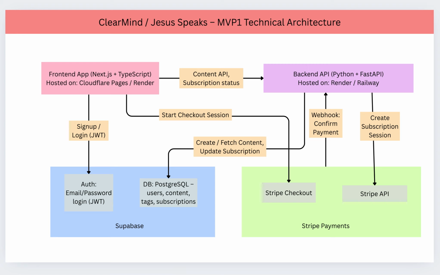Now, what does the MVP actually do? In version 1, the app supports the following features. Users sign up and log in with Supabase Auth, a profile page for each user, ability to create, edit, and publish content as either free or premium, tagging and categorization to organize content, a content viewer that handles both draft and published states,